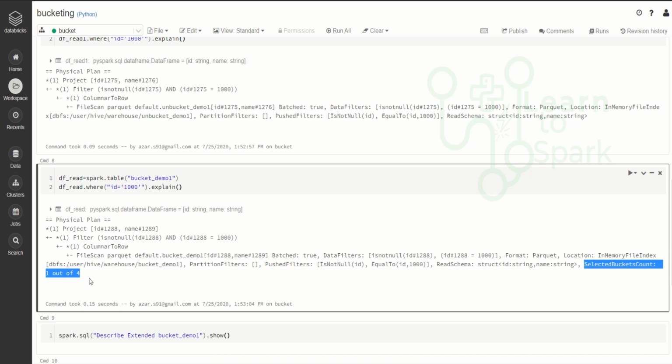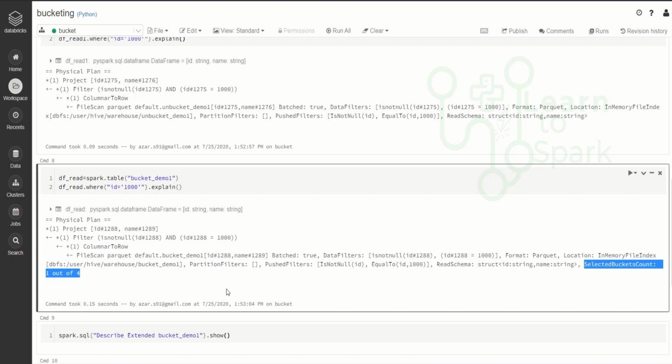From version 2.4 in Spark, this bucket pruning is implemented, and it will filter only for the file that has this ID 1000 in a particular bucket, right? So it will search only in that bucket and it will not go through all the 4 buckets. This is the reason for it to return the results very faster.